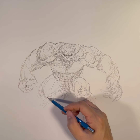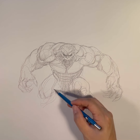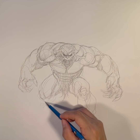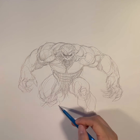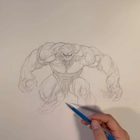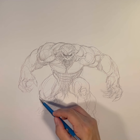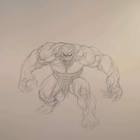So there I am, just drawing the legs. With the Sasquatch, there's a certain gorilla-esque body language, and so I'm drawing the feet and the whole leg. I wasn't too happy with it. I'm just kind of fooling around with the foot right now because that back leg just looks kind of